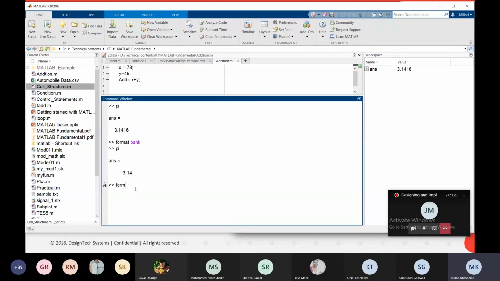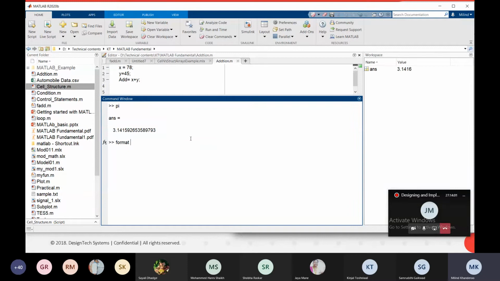But researchers refer to the value of pi as 3.1415926535897993. This is the big value which is referred to by scientists or researchers. This value is already built in MATLAB.